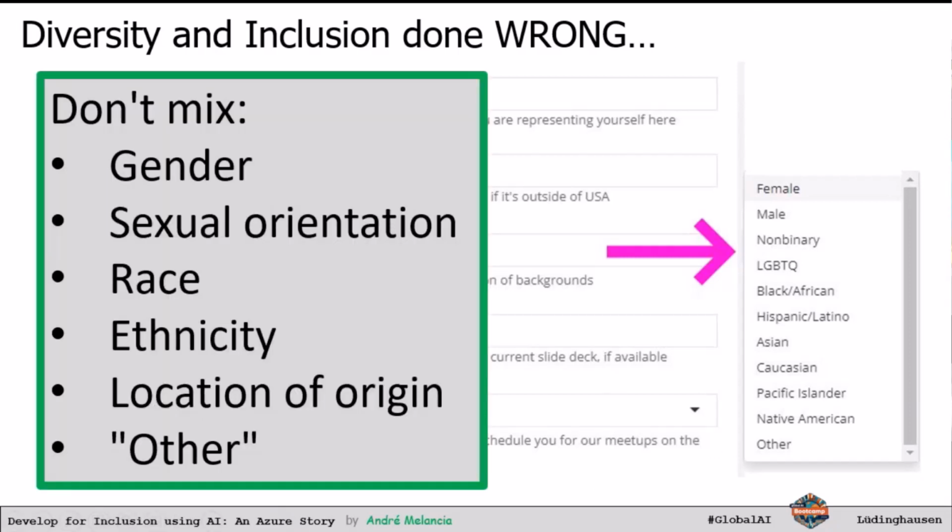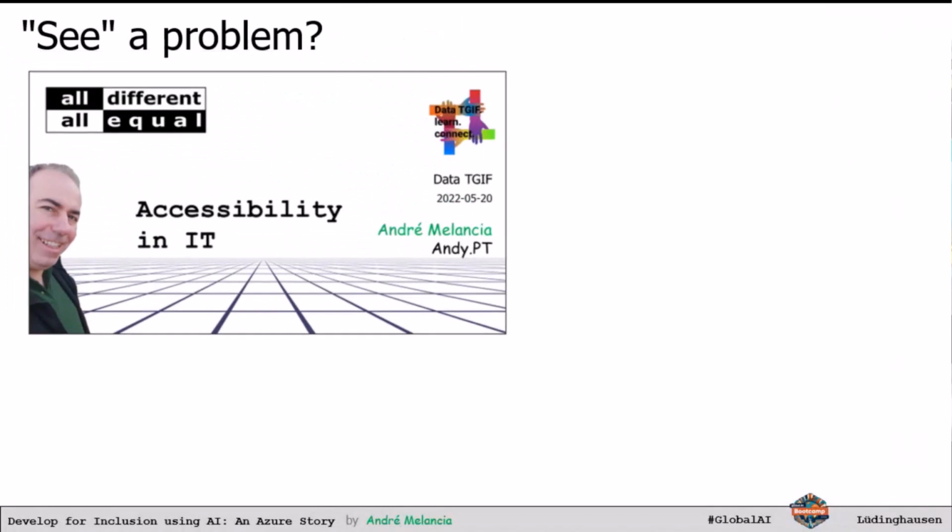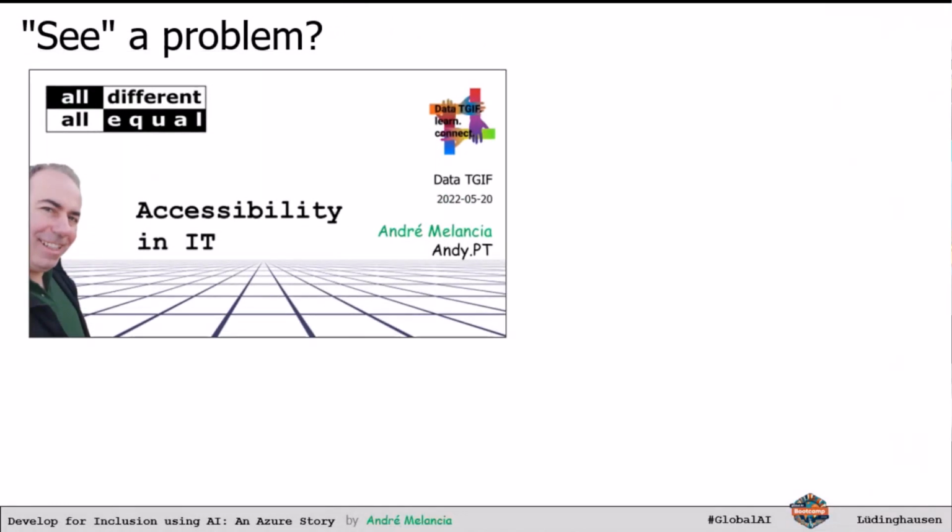So don't mix all of these things, as I was mentioning, it's just wrong, okay? Be inclusive. Being inclusive is not telling everyone that you are inclusive. Being inclusive is just solving problems. So this one, what you see here, there is a problem with the slides. That problem is that horizon squares thing, okay? So in some scenarios of neurodisabilities, that thing can actually be confusing. If you have floors with multiple different colors, like tiling in small pixelated sized colors, you go crazy because you think that that thing is moving around.